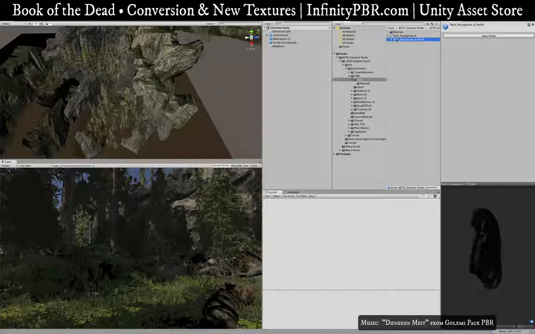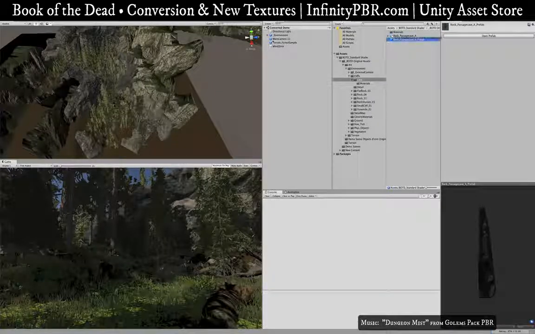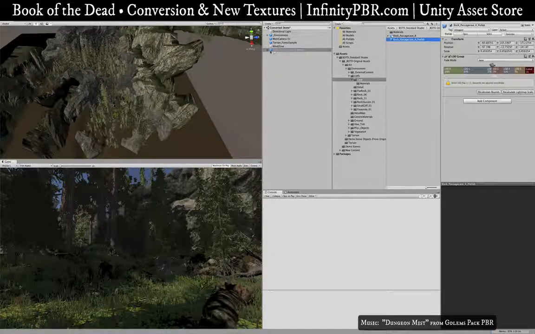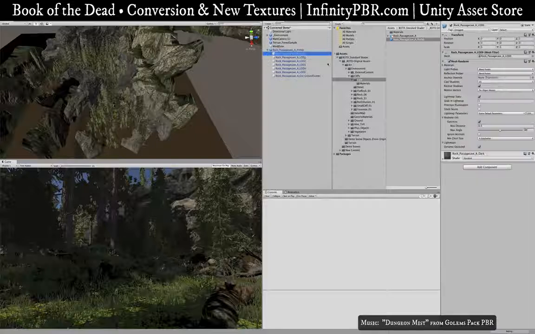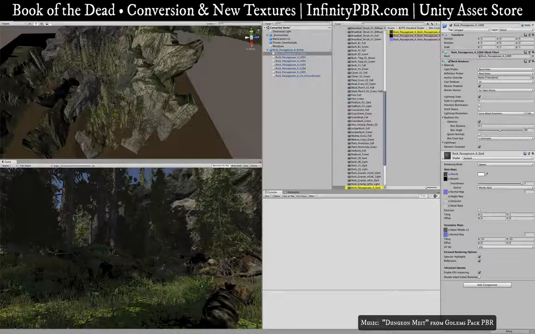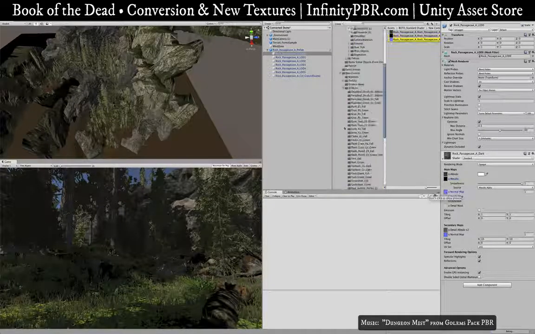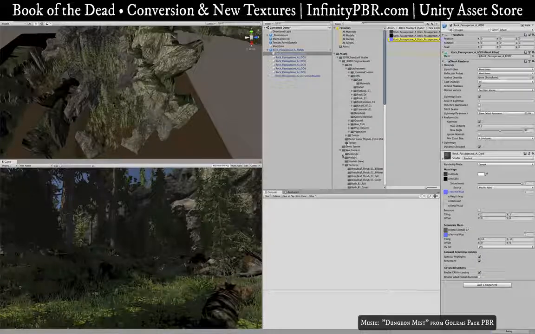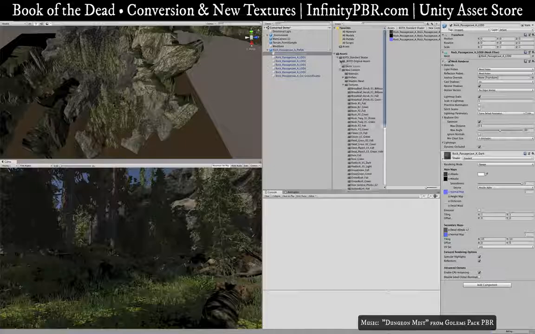But now if you click on the prefabs, you can see that they are working, and if we were to bring that in here and select one of the LODs, you'll see that the shader is now just the standard shader, and we have these all right here, and that's for the new content. So there's a mixture of things here between stuff that worked and stuff that didn't work with the conversion, but